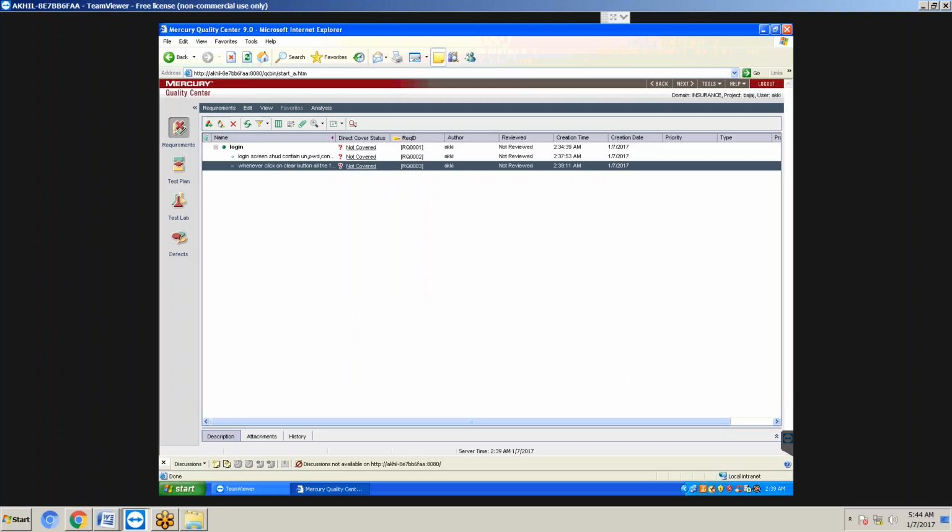Tell me, any requirement? Already we wrote 2 requirements. Whenever you invoke the login screen, it should contain username, password, connect to fields, login, clear, cancel buttons. Whenever you click on clear button, all the fields must be cleared, and the cursor should be placed in the username field. Now tell me one more requirement.